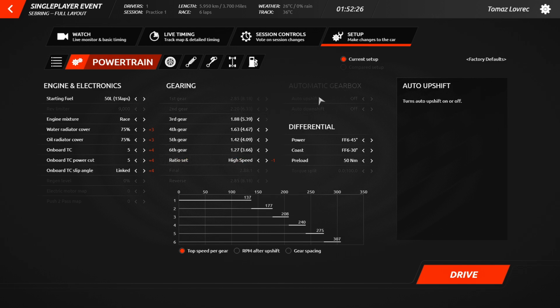Okay, automatic gearbox. I'm going to skip this one as well, because I literally have no clue what these should do, as I'm not usually driving automatics in sim. And we are going to go on to